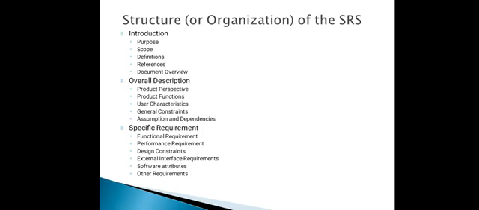It contains product perspective, product functions, user characteristics, general constraints, assumptions and dependencies. Next is specific requirements. It contains functional requirements, performance requirements, design constraints, external interface requirements, software attributes like reliability, portability,